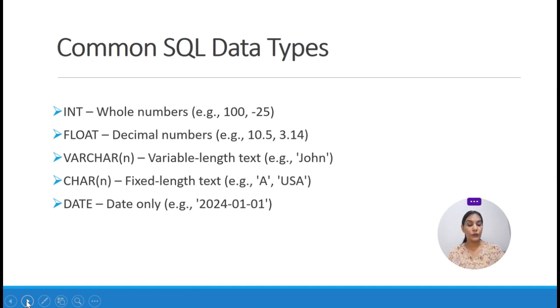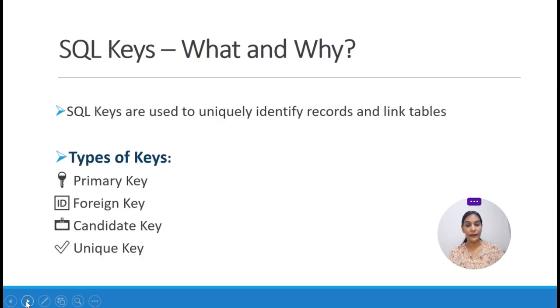Next is the date. To mention the date of birth, the date of joining as an employee in a company or the students in a college, and the date of resignation, something that we store in the format of date. Next is the boolean. Boolean stores only two types of value, either true or false. When I want to mention that a student passes or fails a particular exam, at that time I will use the boolean data type.